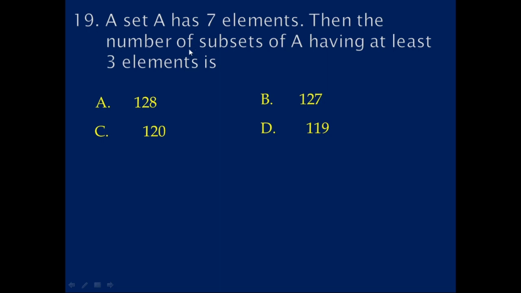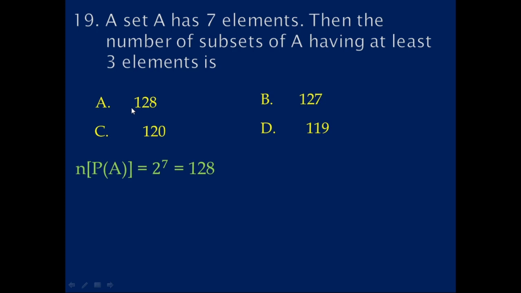Here find the total number of subsets of set A. The condition is the subset containing at least, minimum, 3 elements. You know that the total number of subsets of set A, the number of elements in the power set of A, is 2 raised to n. Here A contains 7 elements, n is equal to 7, this value is equal to 128. It is the total number of subsets of set A. Therefore, option A is not true.